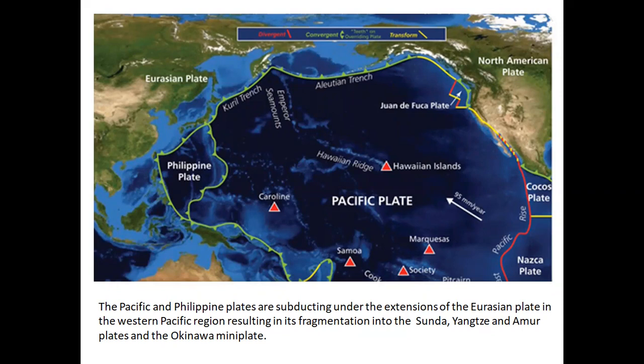Even as shown in the bottom left, under the Australian Plate between Samoa and Papua New Guinea. So very significant subduction has carried on there for probably over 150 million years. The oldest oceanic crust in the world is known along that eastern margin of the Philippine Plate as part of